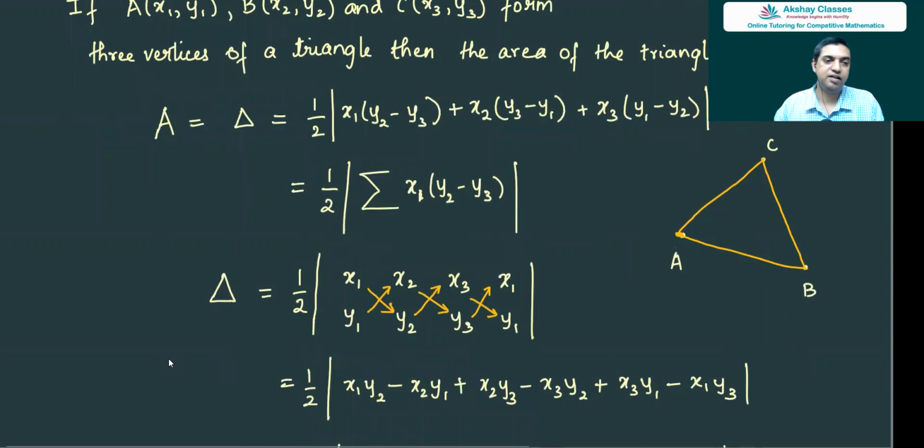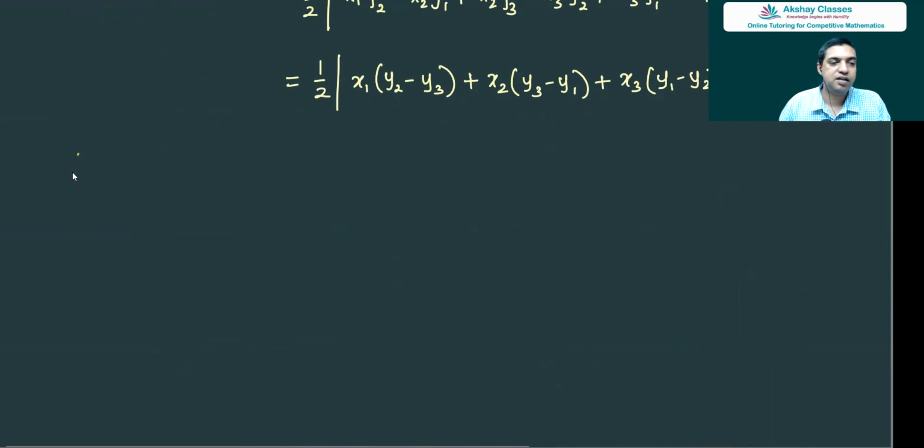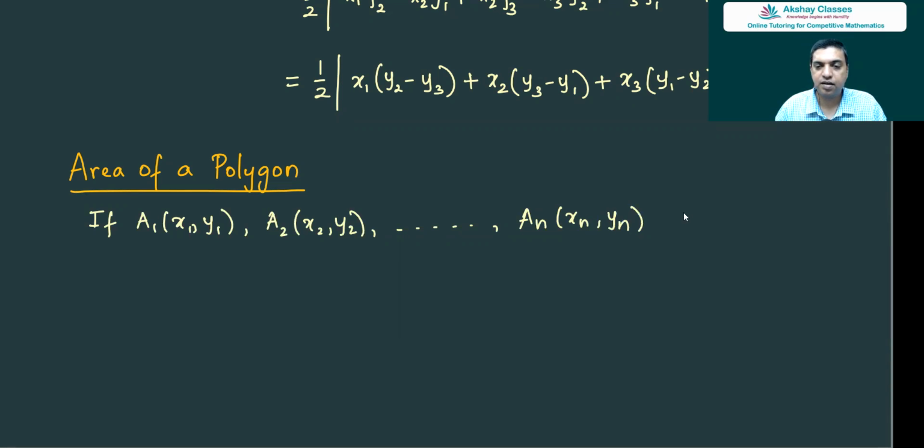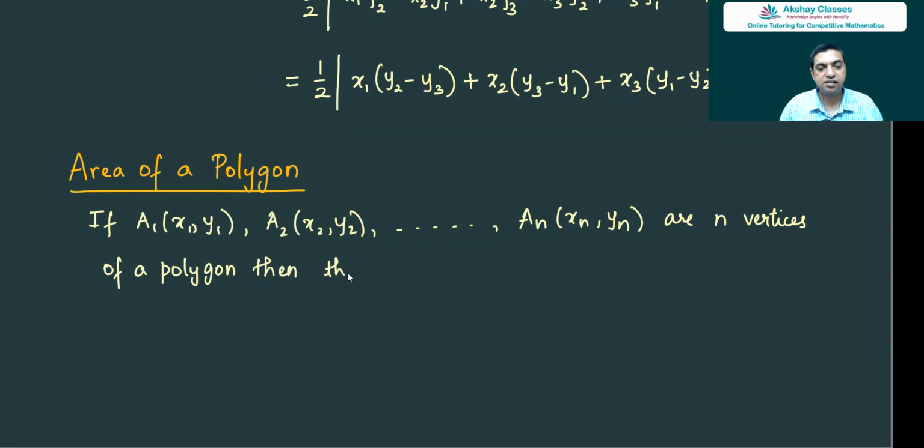Now, area of a polygon. This is area of a triangle. Area of a polygon formed by n vertices. If A1 (x1, y1), A2 (x2, y2), and An (xn, yn) are n vertices of a polygon, then the area of the polygon is